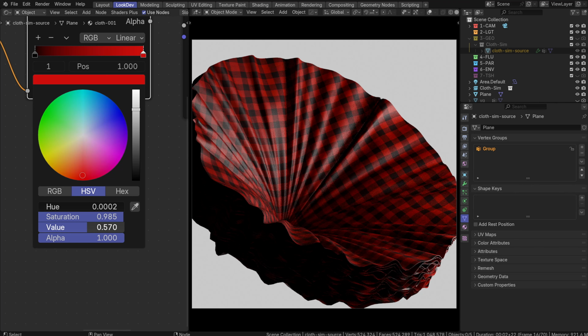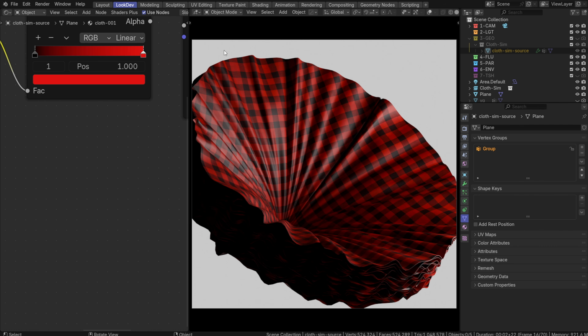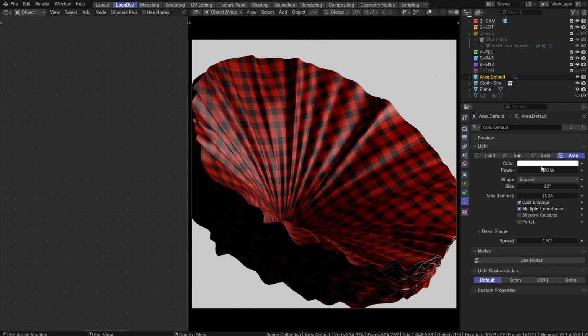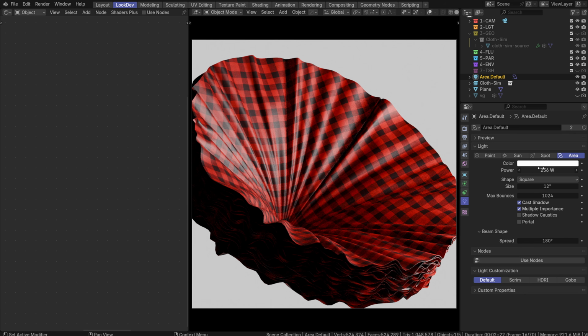Cool, I like this. So we probably need to brighten our light source too. Oh, I rolled my wheel by accident. All right, so I'm going to brighten the light source too. We'll go down here, brighten this up. Let's go 256. So we got a brighter light source. And then now I need to